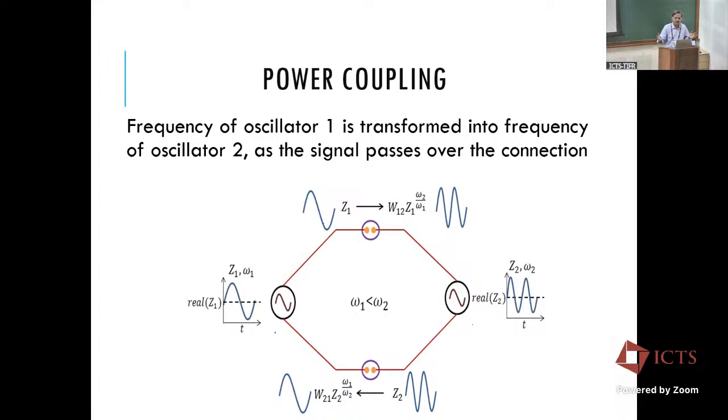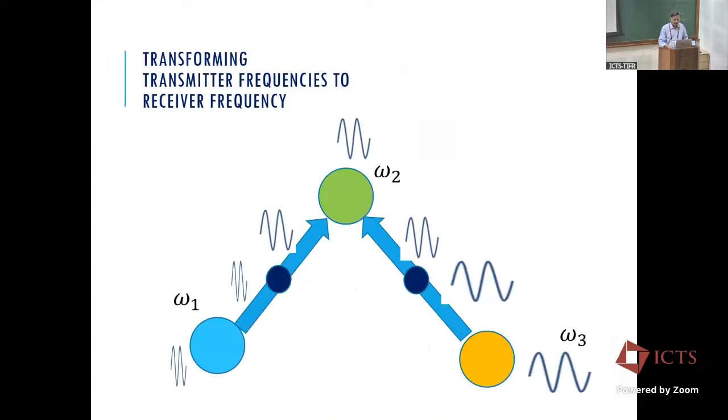So both are happy. The same thing, imagine happening over a network. ω2 is the oscillator at ω2 frequency. It's getting inputs ω1 and ω3, but both these signals get instantaneously transformed to ω2. And what this oscillator ω2 receives is at ω2 frequency. There's no problem of any entrainment or anything. How can you achieve this?